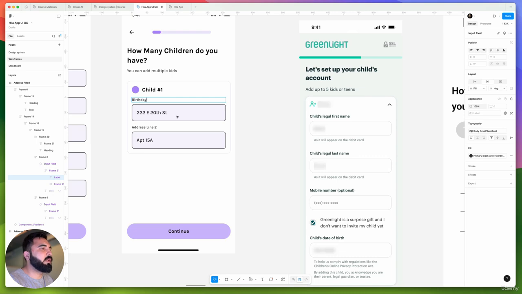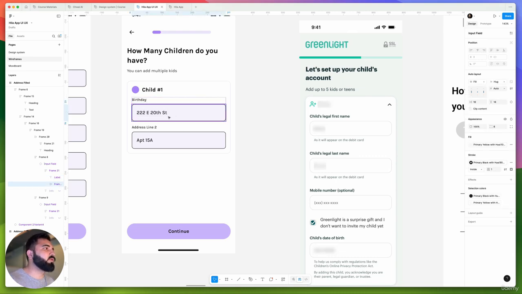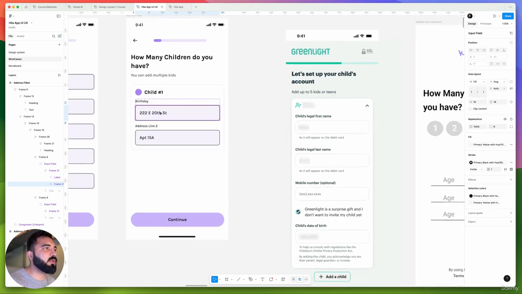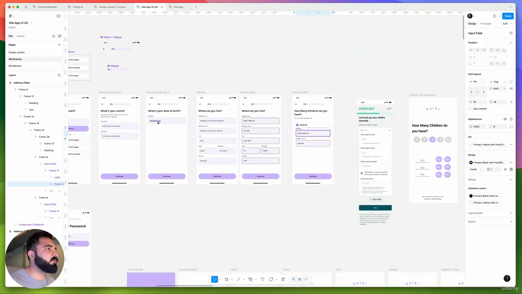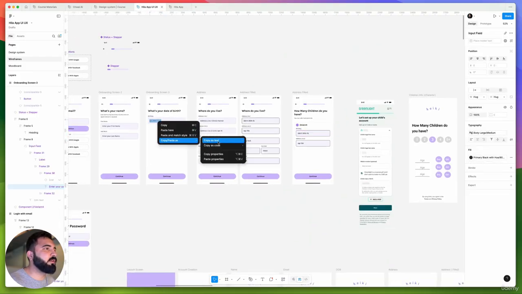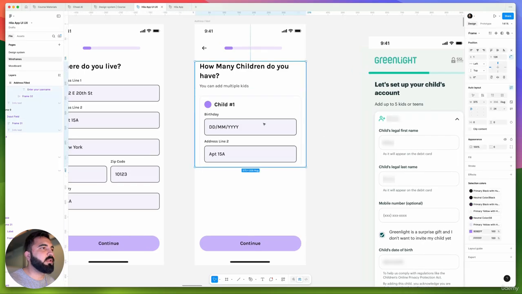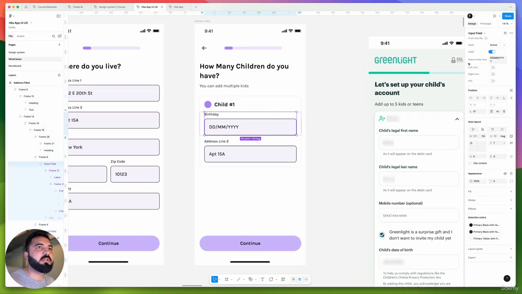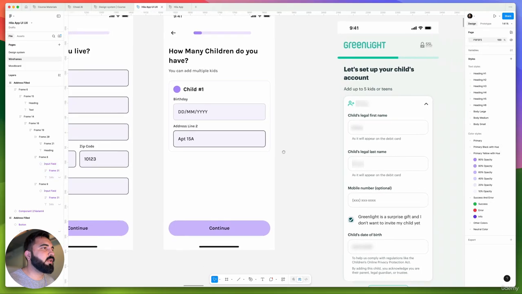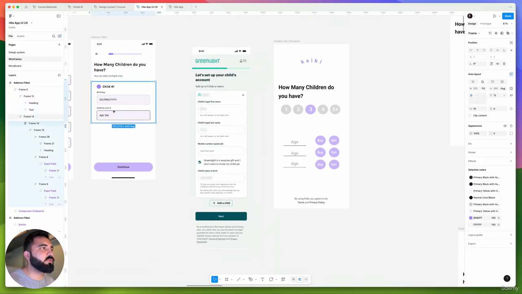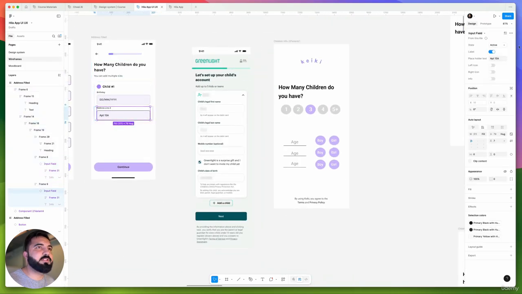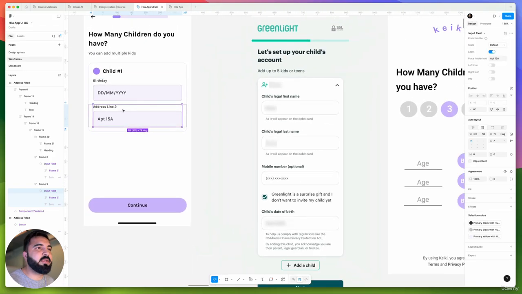Okay, birthday, and this one should be the same as what we have over here. So I'll just go ahead and copy it and paste it here. Okay, and instead of this active, it should be default. Okay, and we will also do another one, which is basically this one should be default as well, and